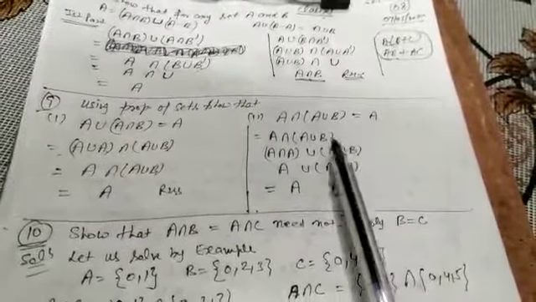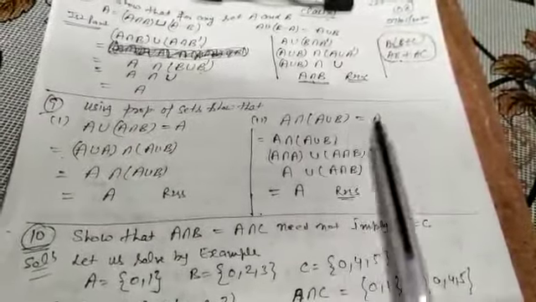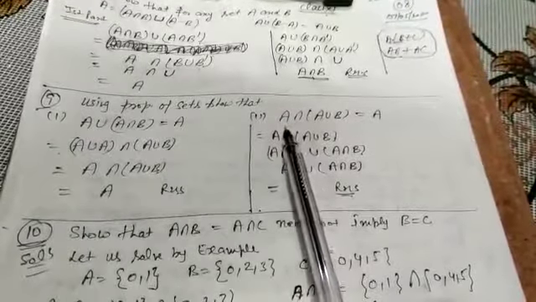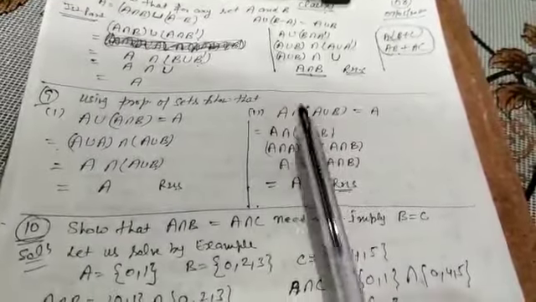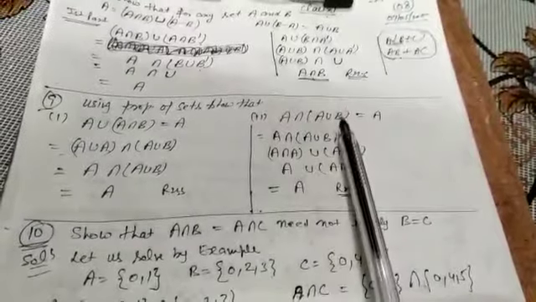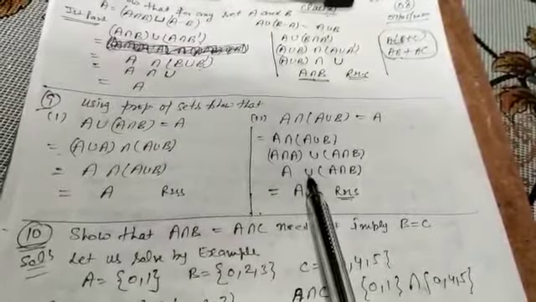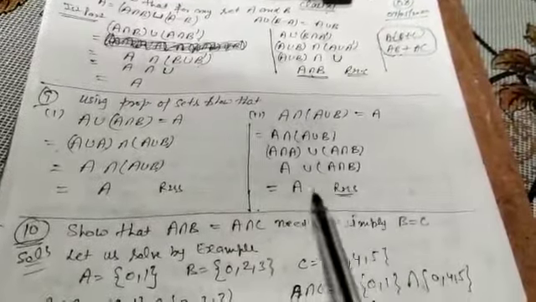If you observe this, A intersection (A union B) is equal to A. A intersection (A union B): A intersection A first of all, then A intersection B, and between them the union. A intersection A union A intersection B, that is equal to